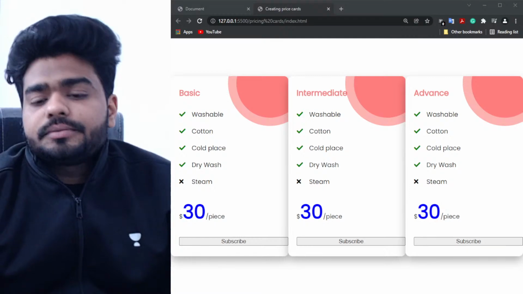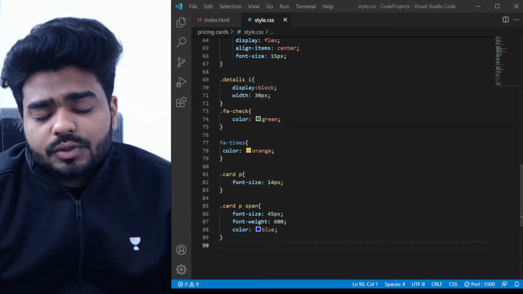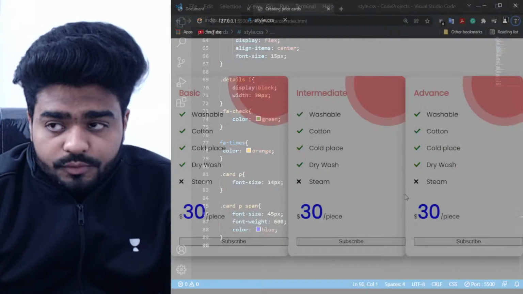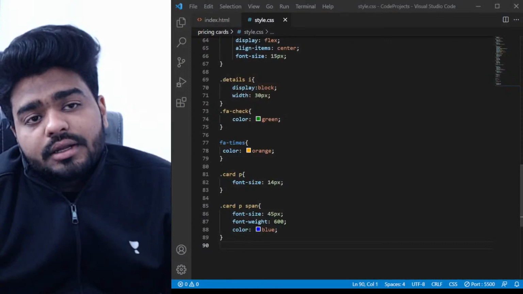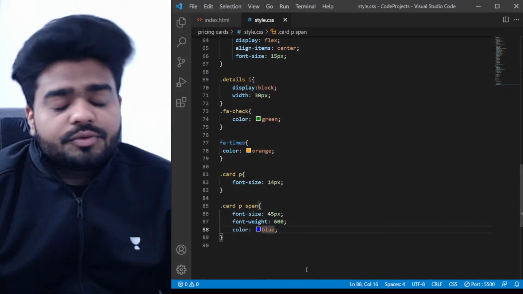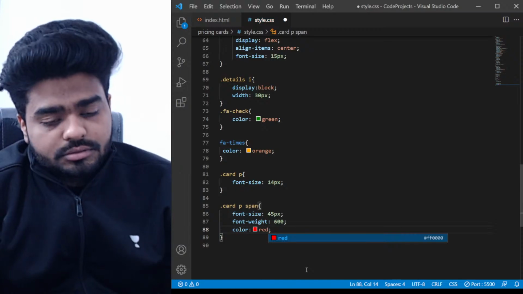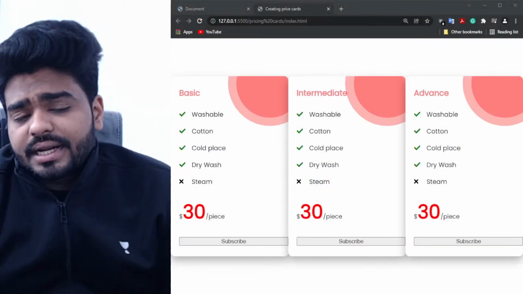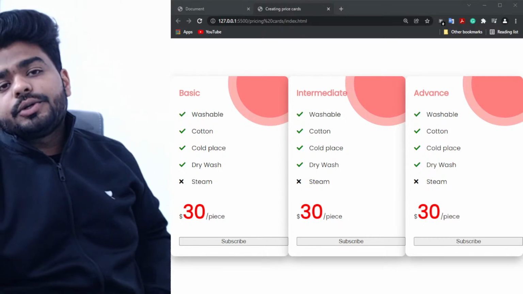Okay, let's come back. So we have done with the card P, but there's only one thing left. So if I show you my browser, you can see there's only one thing left, which is your button. Can you see the subscribe button, right? So that's what we require. Let me do something here. Let's remove this blue and let's just write red, because you can see here that what looks more attractive. Okay, so we are going to use